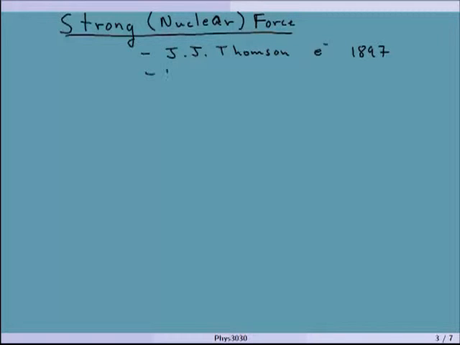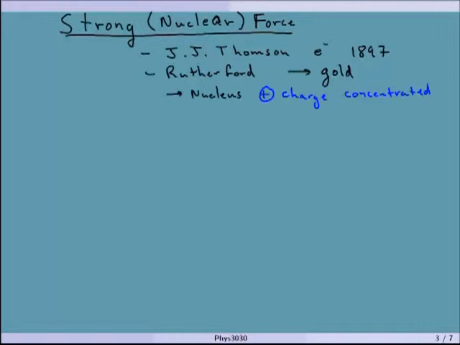But then a guy named Rutherford scatters some little positively charged nuclei. They're called alpha particles, but they're actually helium nuclei. He basically shoots them at gold, and by shooting them at particles, he actually finds that there is a nucleus. And so all of the positive charge is concentrated at this nucleus. Okay, so all the positive charge is concentrated in this nucleus.